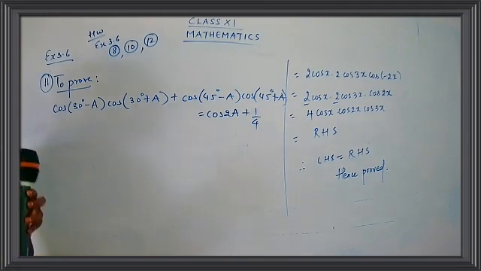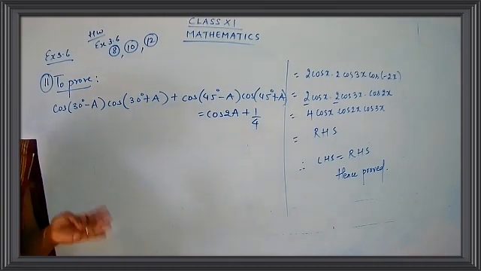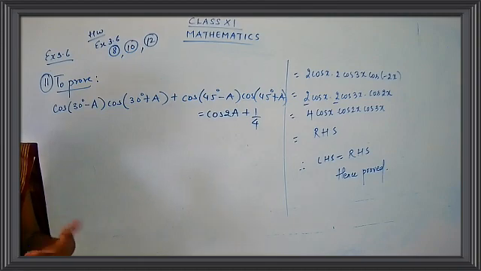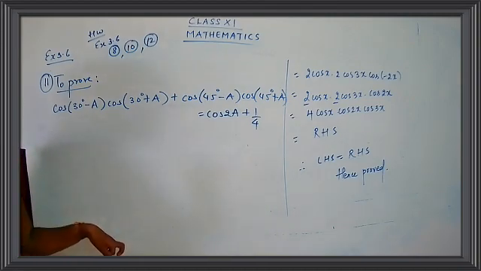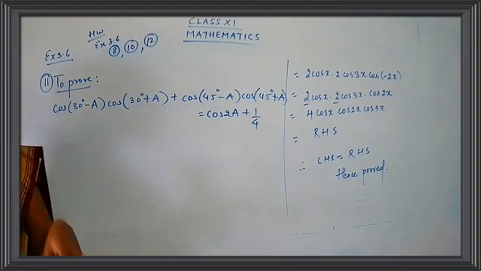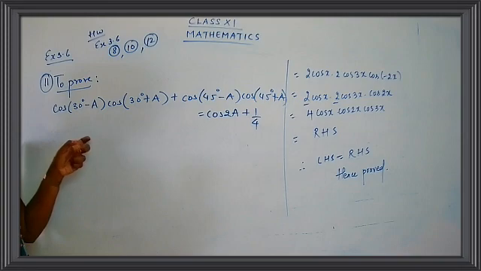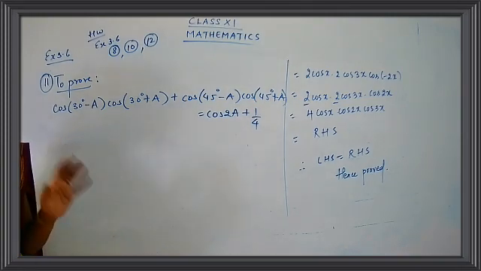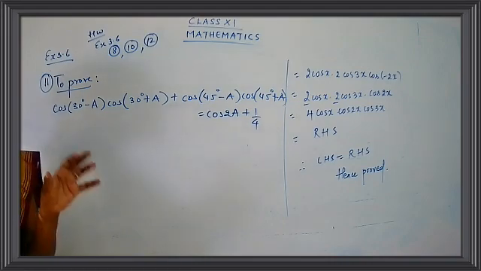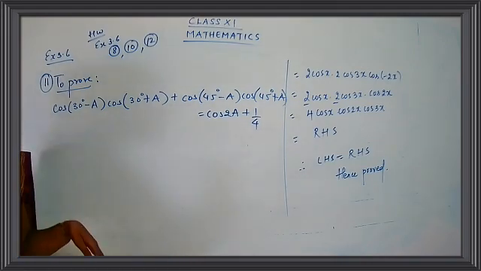So if you have cos a plus b into cos a minus b, you can use two results. One is cos square a minus sine square b, or you can use the result cos square b minus sine square a. Okay, children? I'm just going to use these results for solving this sum. I wanted to show you where this particular result is from. I'm going to use the result from exercise 3.4, question number 17, because we have already proved it. That means that particular result is true, so we can apply the result and get our answer.